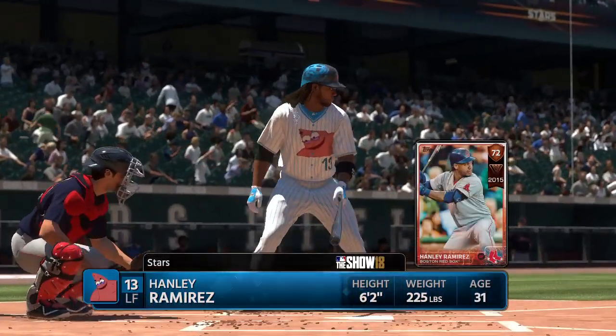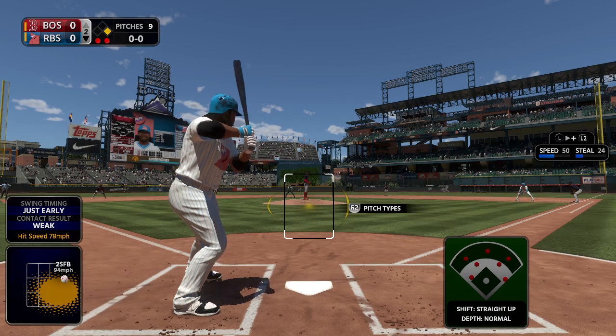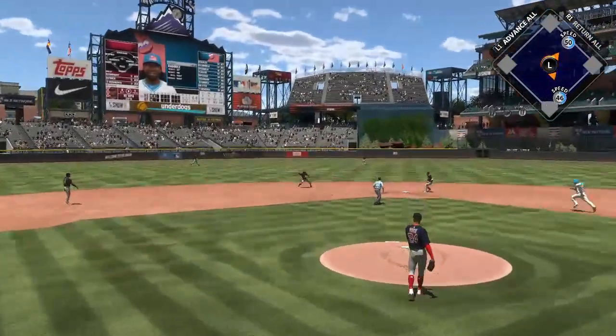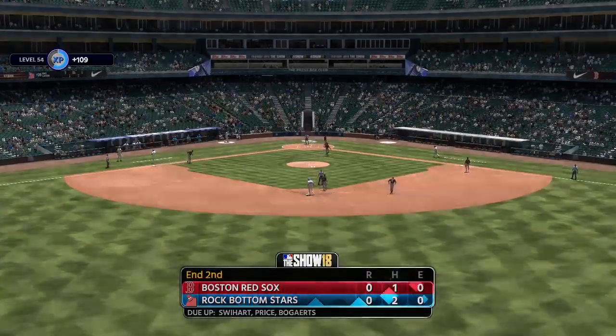In now, Hanley Ramirez. Left fielder, Hanley Ramirez. From the stretch, here's the pitch. Grounded back up the middle. Bogaerts to his left. He's there. Throw to second for the force out, and the side is...